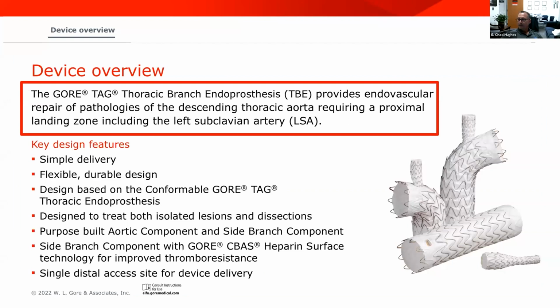Good evening, everybody. Thanks for joining us. I'm going to just give 2 minutes on the GORE TBE device that Arminder just told you about. We'll hear 2 cases, as mentioned, one an aneurysm case and one a dissection case. This is the GORE device. It's a device designed for arch pathology, whether in zone 2 or more proximal, zone 1 or even zone 0. It's based on the GORE C-TAG